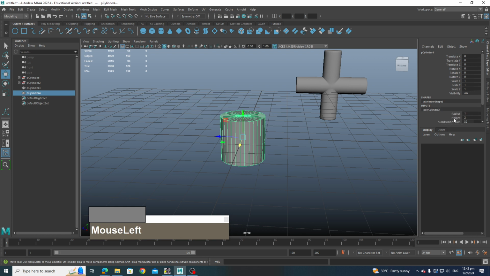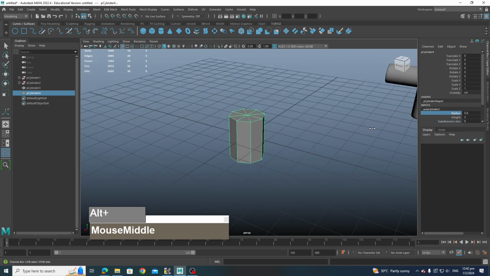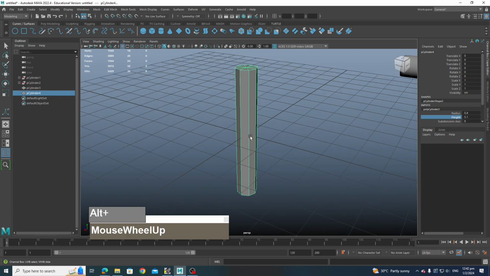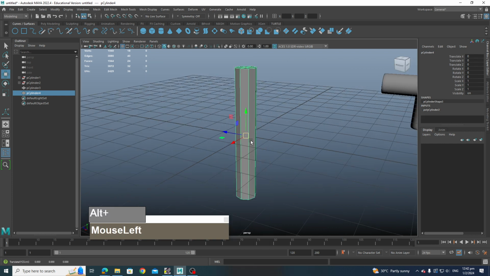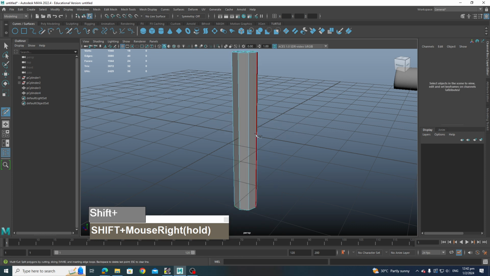So same thing, we'll start off with an 8-sided cylinder. Remember, we do not need so many sides. Okay, 8 will do. Alright, then we'll reduce the radius slightly. And then I'm going to increase the height a little bit. Okay, I'll start off by selecting this cylinder and subdividing it into 2 using multi-cut and holding down the control